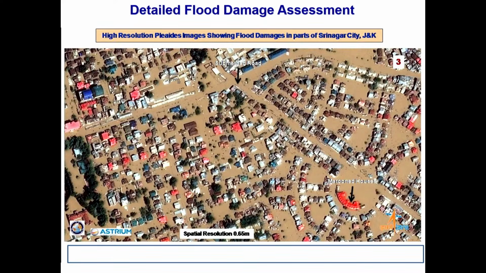If we have high resolution satellite data, we can map individual buildings or footprints of the building where the water has entered and which areas are impacted. As you can see in this image, it is roughly 0.65 meter data, where you can see each individual house, and the roads, and the muddy water which has flooded the area.